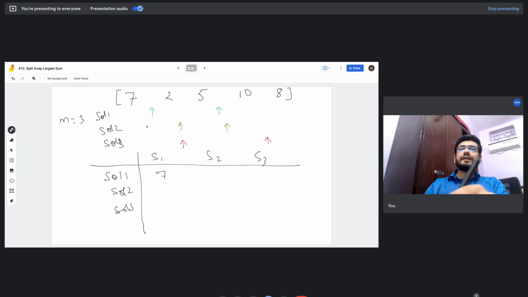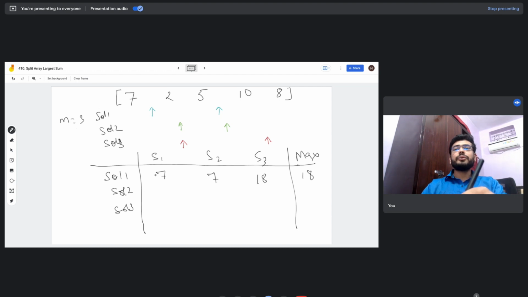In the second subarray we have 2 and 5, so 2 plus 5 is 7. And S3, the third subarray, has 10 plus 8, which is 18. So the maximum subarray sum here is the maximum of 7, 7 and 18, which is 18.